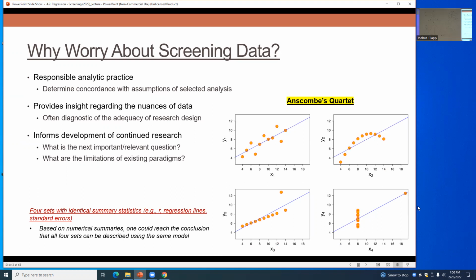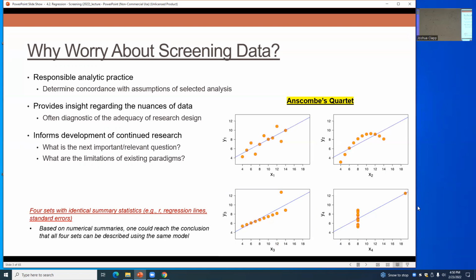As we're going through and thinking about regression, this is a nice fictional set of data that really illustrates why this screening piece is important. When we get our data, what we want to do is just jump in the middle of our analyses and see if we find the things that we want to find. But what we've got here in